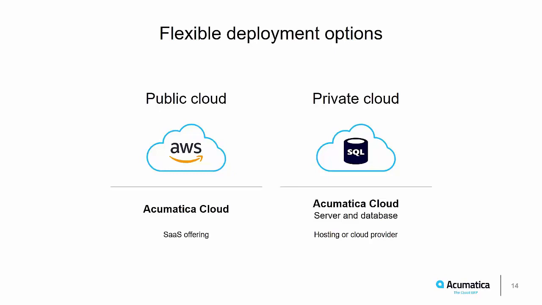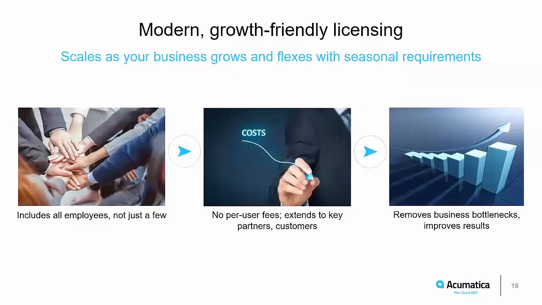ownership long term. The other thing that's different about Acumatica is what I call growth-friendly licensing. Most every company that I know of prices by user, named user or concurrent user. As you grow, you get more users, you get more cost. Acumatica takes a different approach. They look at it as what we call a resource level. I won't spend a lot of time on this, but basically they size the resource you need based on what they consider to be your commercial transaction